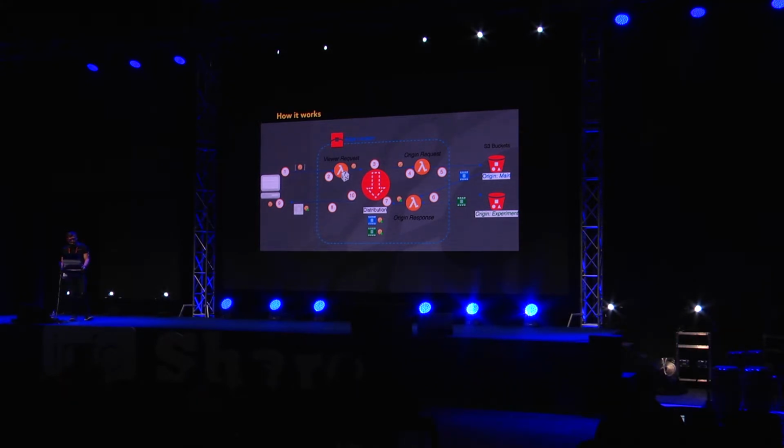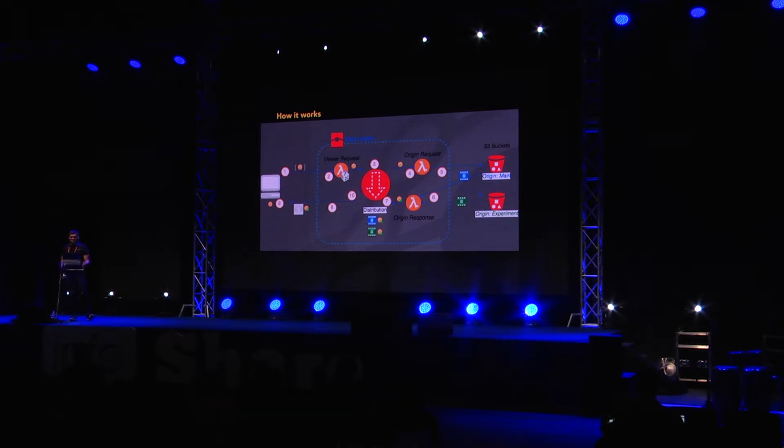Now, the next step is the distribution area. Distribution decides whether the request is a cache hit or miss. If it is a cache hit, it will just provide the content straight from the distribution, so the bottom part, blue or green. If it is a cache miss, it will push it to the origin. And then it will be intercepted by step 4, which is another Lambda function. It's our function that we called origin request. Yes, very original, I know. This function basically